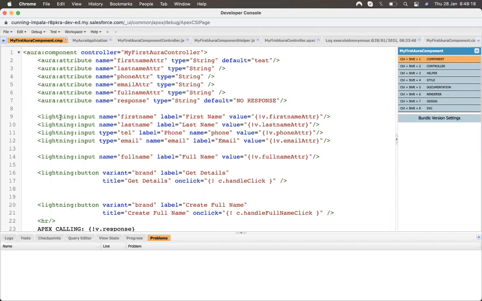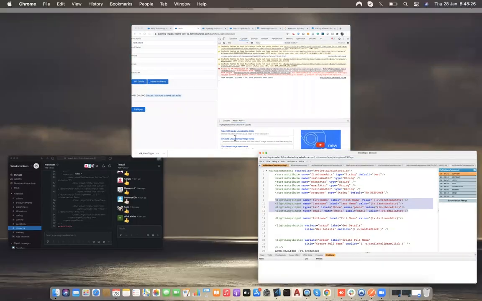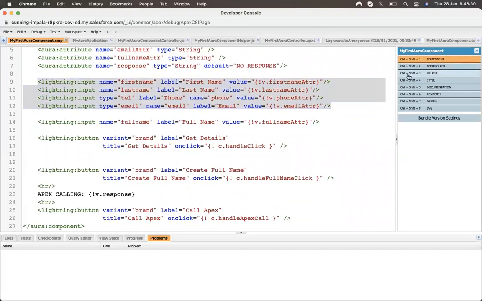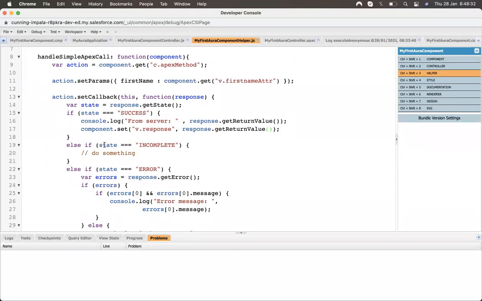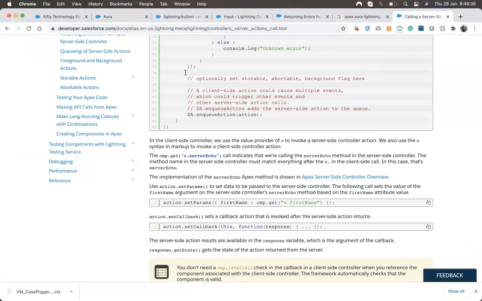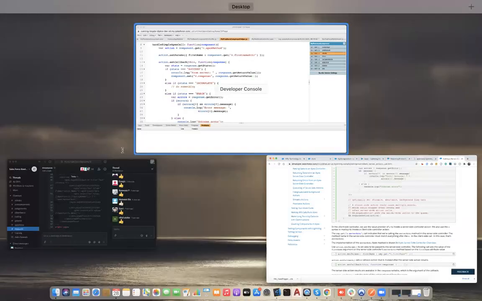If I need an input box, I will just go to the component library, copy the input, make changes and use it here. If I need to make a server call, I go to the Salesforce documentation, copy the method, make the changes and use it here.